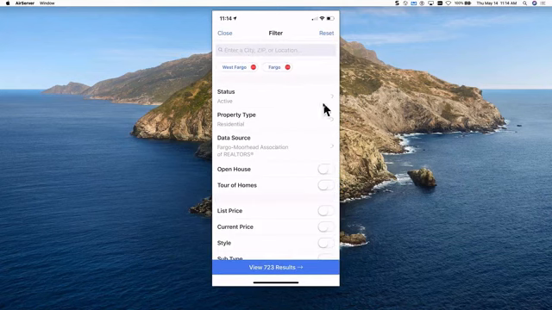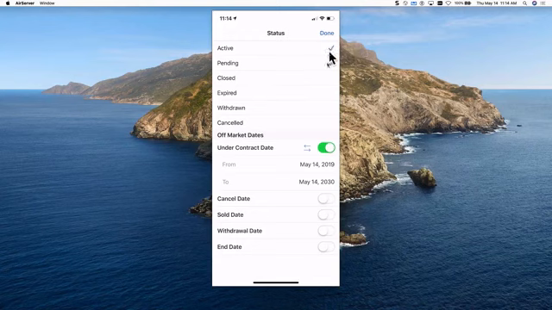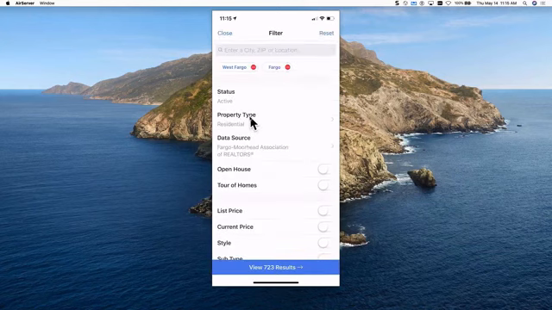Statuses, of course, are right at the top of the search template or near the top, depending on how your search templates are set up. I'll tap on status. To add additional statuses, I select the ones I want to add, and you'll see anything with a check mark will now be included in the search. Also, when I select things like pending or closed, those off-market dates are going to appear underneath, so I could change that if I would like and set the specific dates. Now for this example today, let's just look for active listings, tap on done,